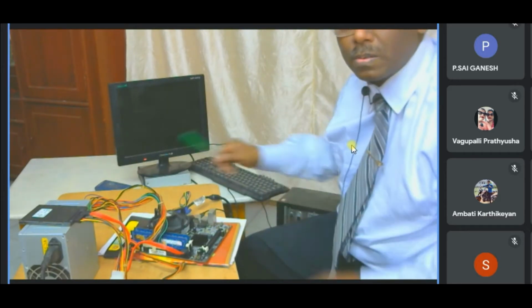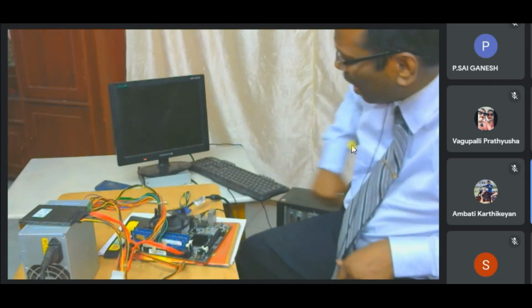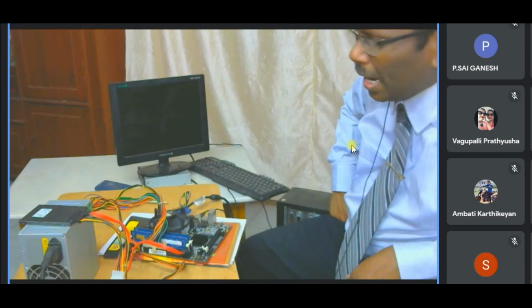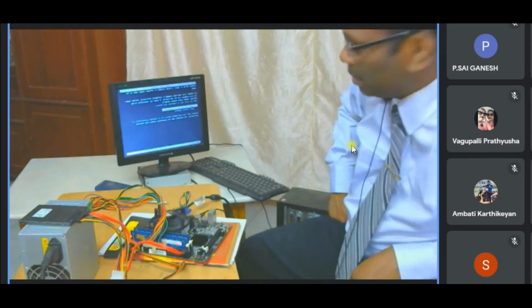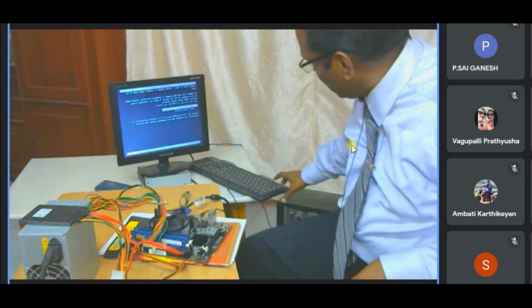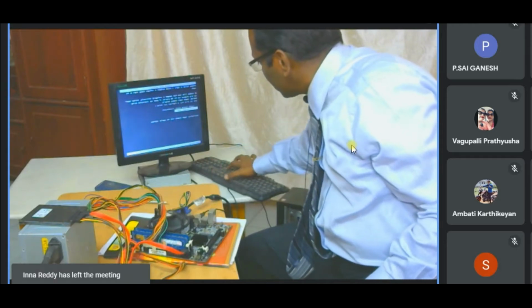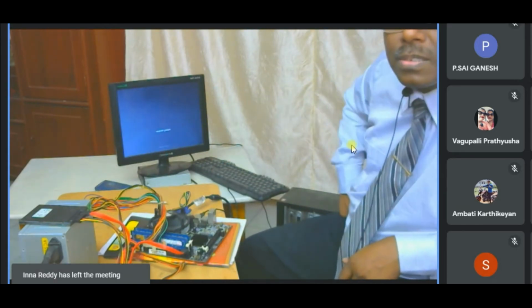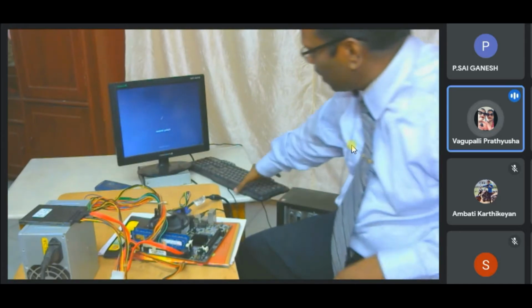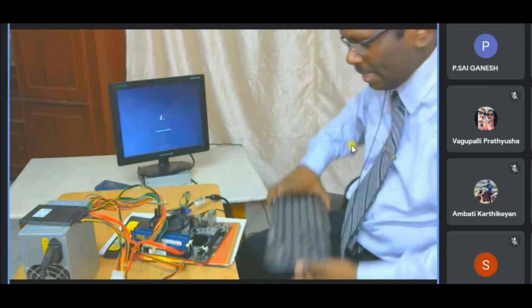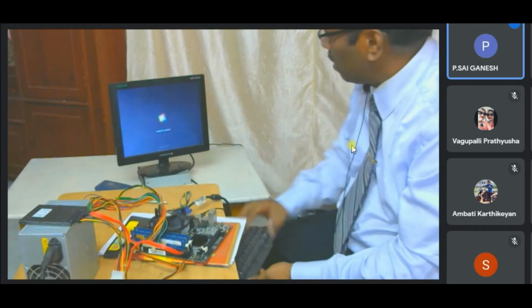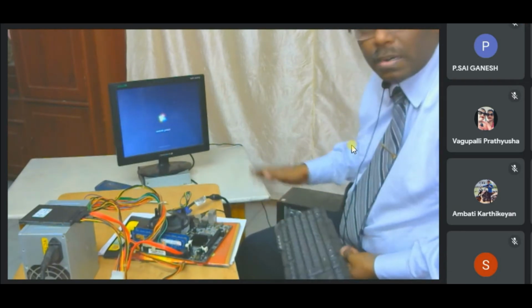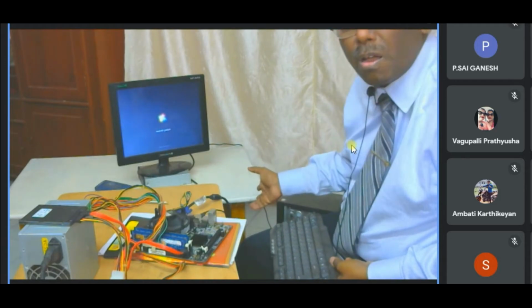It has started now. You can see now the monitor will turn on. Since now there is a hard disk, it will try to boot from the hard disk. You see this one? It says starting Windows. It has come across. It will take some time because it's a long one.